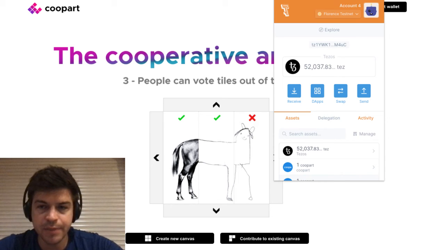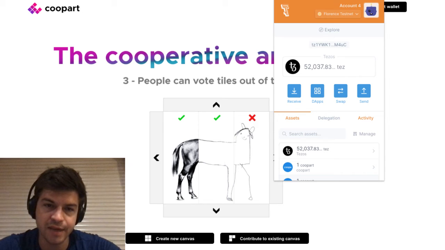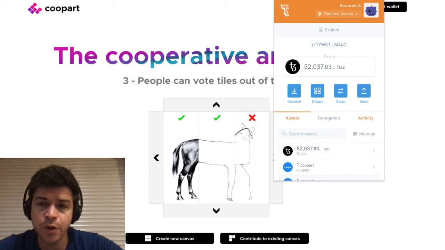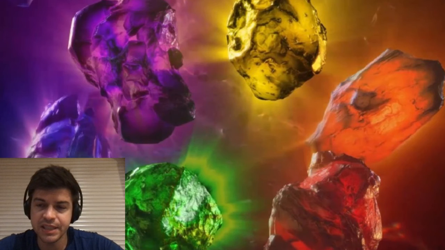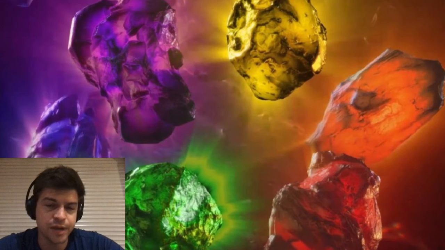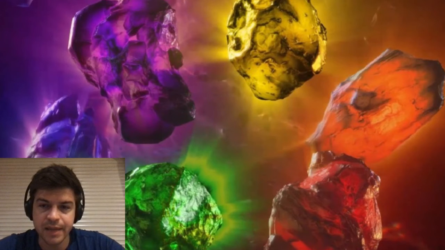I had first created an entry point that would merge all the tiles into a single FA2 token for the whole canvas, but then I thought that keeping tiles separated might allow owners to sell them separately and create a sense of collection. Buyers would then try to buy all the tiles to complete their collection and reconstitute the whole canvas. This would increase the value of a single tile to a collector that already has all of them except one. Just like the Infinity Stones in the Avengers, you just need to have them all. I am not yet fully decided on the way to go. This is still a concept that I'm playing around with.